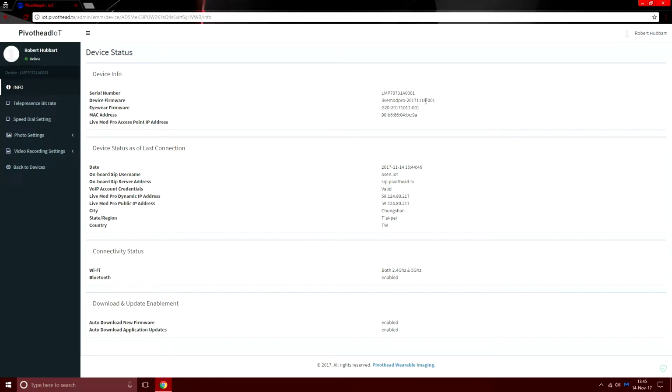We can glean from here what the firmware version is on that device. So the last four numbers right here indicate the date of the firmware. So that would be November 14th. We can also get information such as the MAC address, and we can also get the device status as of last connection. So we get the date on when it was last connected. We see what username was on board